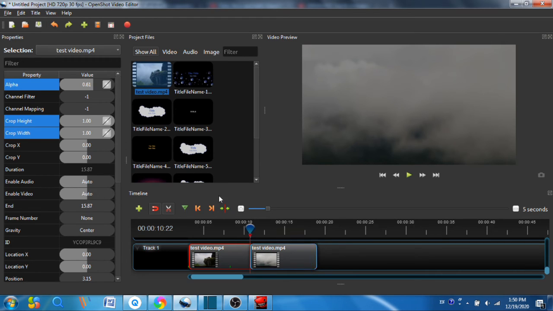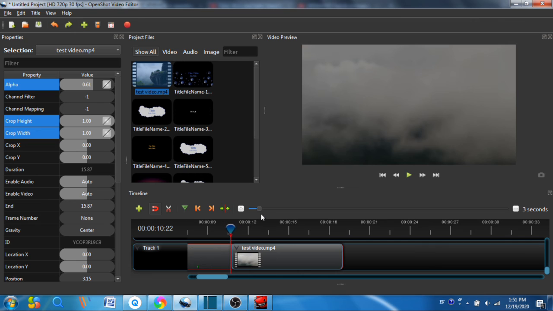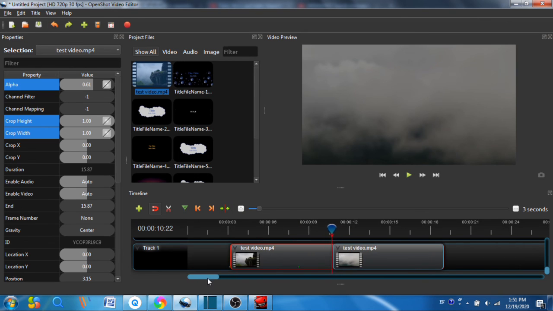As you can see, it's very easy to use OpenShot to cut the video. You can also add a marker, or as I said earlier, you could just move this so that you could edit much more conveniently. For example, you could add a marker here and there, another mark here. If you want to cut the video, this could help you to cut the video much more conveniently. So this is how you could cut video in